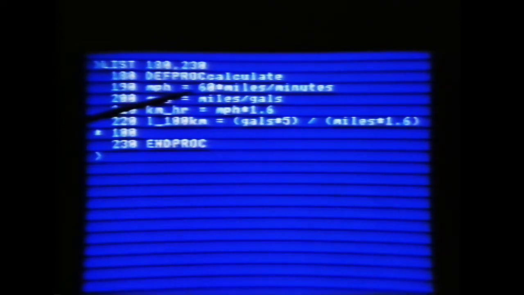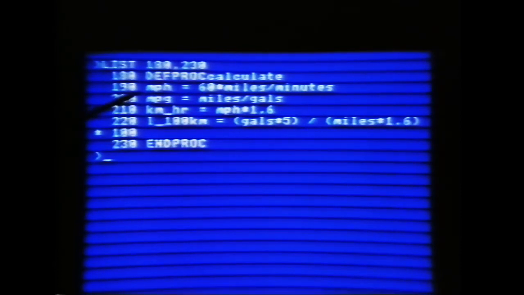This means take 60 multiplied by the number of miles, divide by the number of minutes. The number of miles, BASIC can find because it's in that piece of memory it called miles. Similarly, minutes is in another piece of memory and BASIC knows its name. So it'll take these two numbers we typed in and the 60 and do this calculation. When it's got an answer,